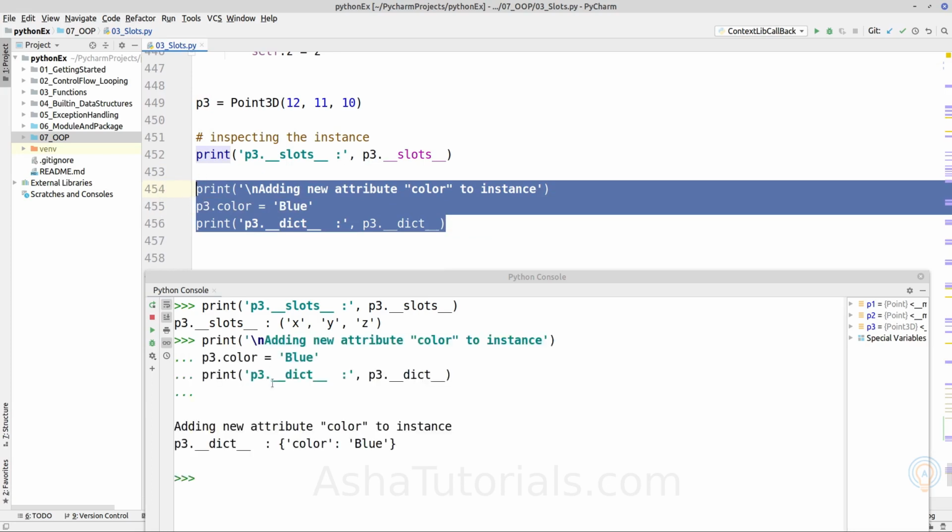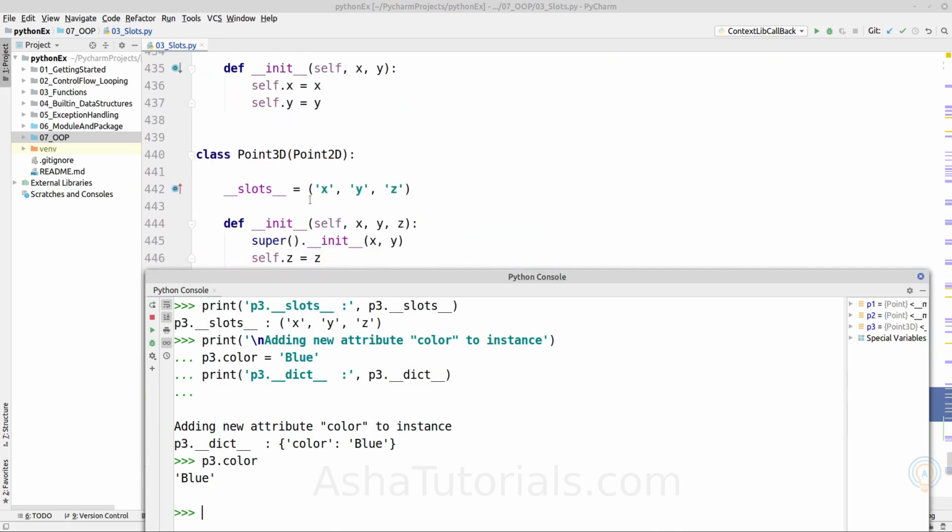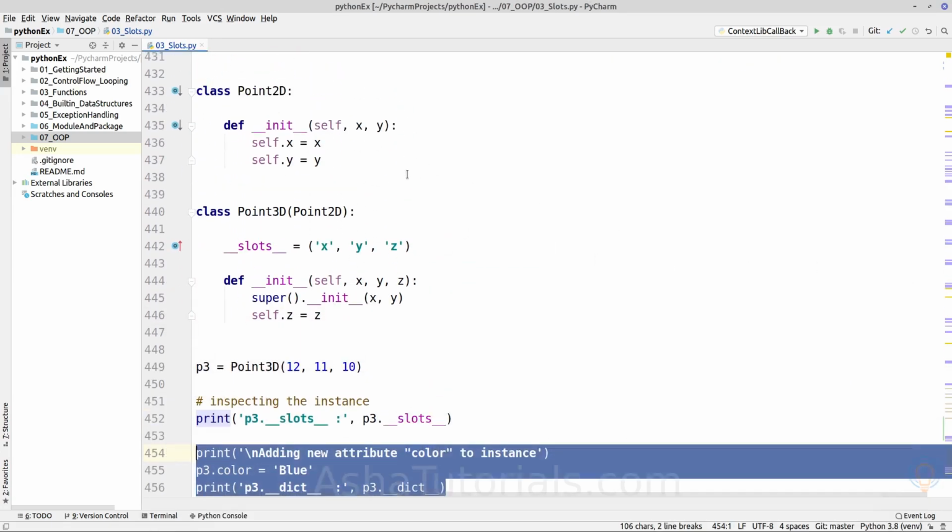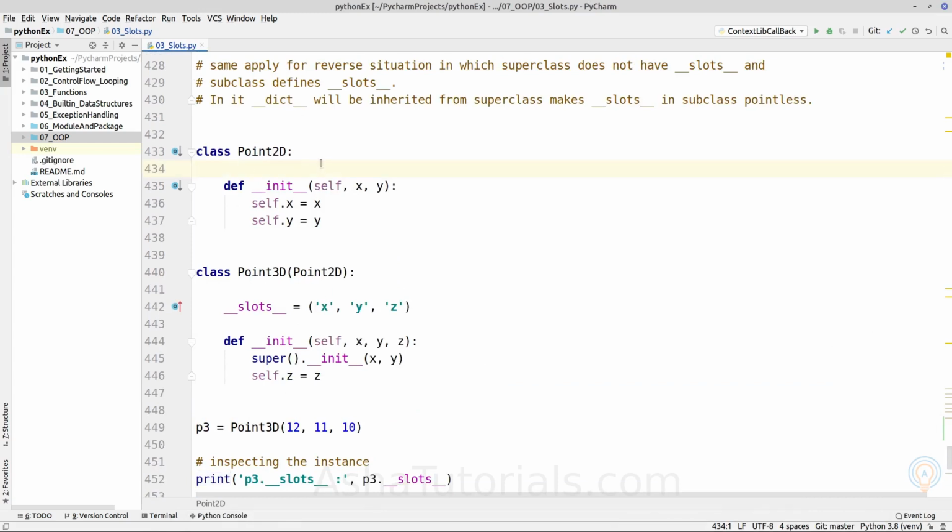So if we try to add a new data attribute, it is allowed, and if we check the dictionary of P3, it contains this attribute. So this attribute which is not defined inside the slots is accessible on the instance